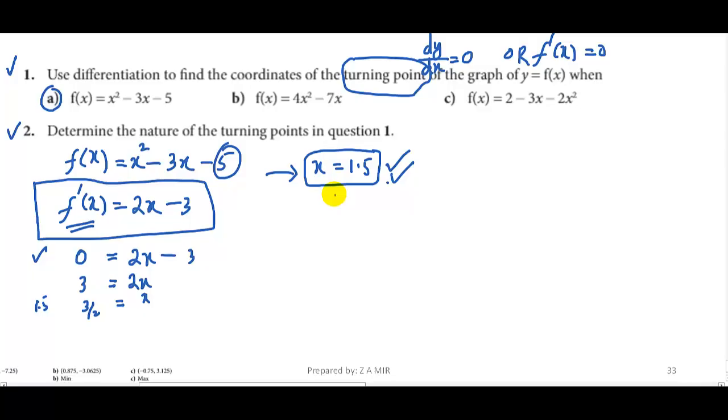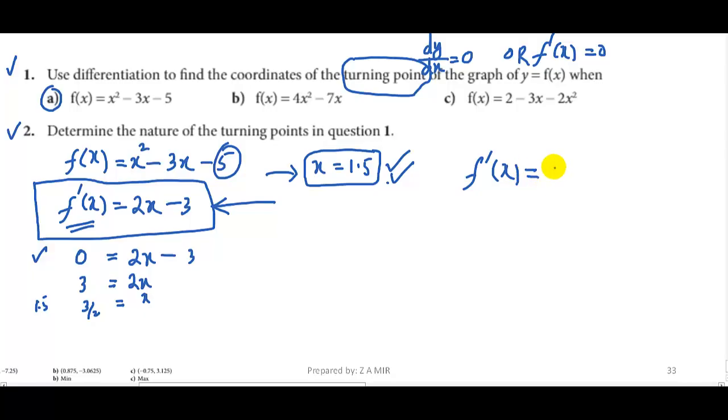There are two methods. Either you draw the graph, and from the graph you can check whether this is maximum or minimum. But drawing the graph is very time consuming. So we have another method. To find a maximum and minimum point, please remember, differentiate this function again, a second time. To find maximum and minimum, differentiate the function twice.